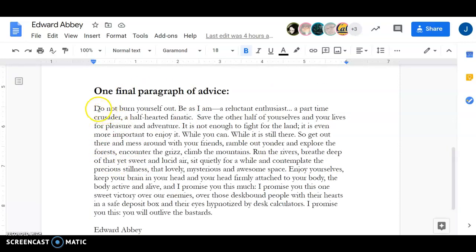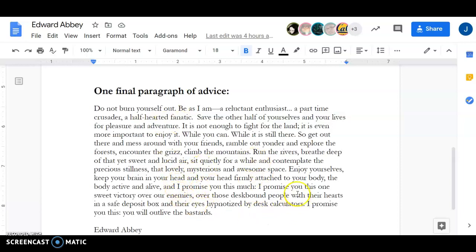You can see it's second person right out of the gate. Don't burn yourself out. There's got to be some first person mixed in because the person writing the piece is the first person storyteller, but the first person in this is telling the second person what they should and should not do with their lives. You're commanding them: here's what you should do, here's what you should not do. You're going to mix in I's here and there.